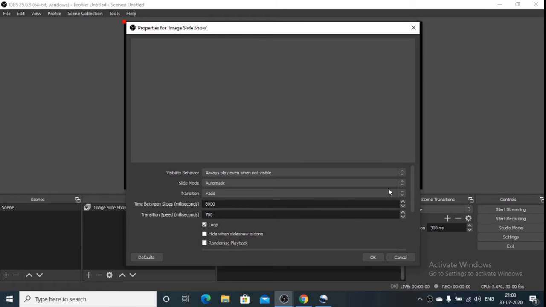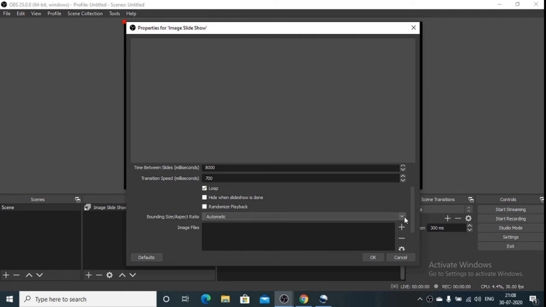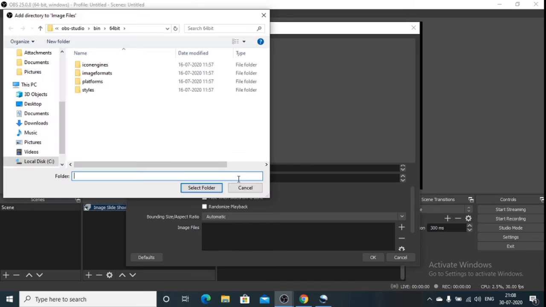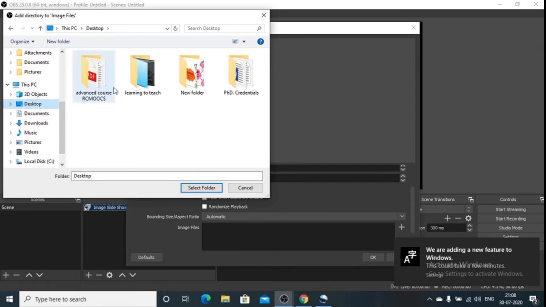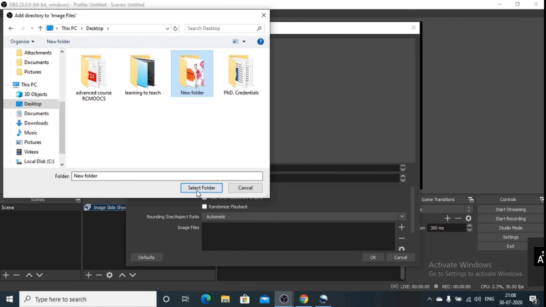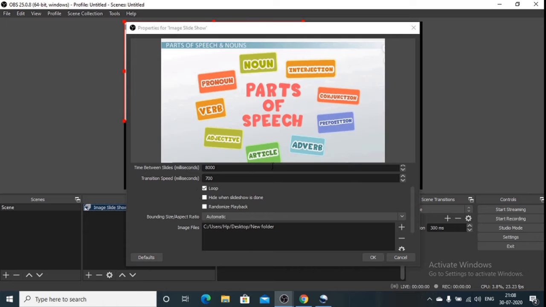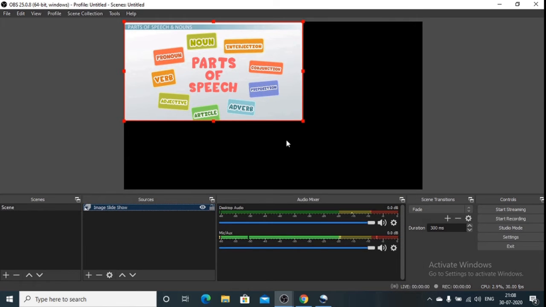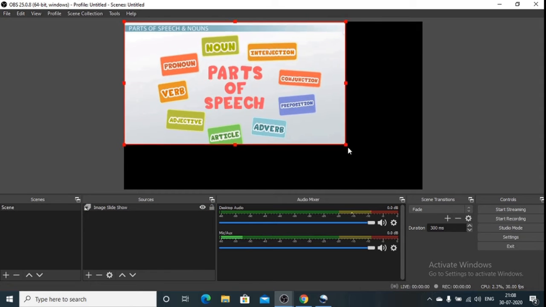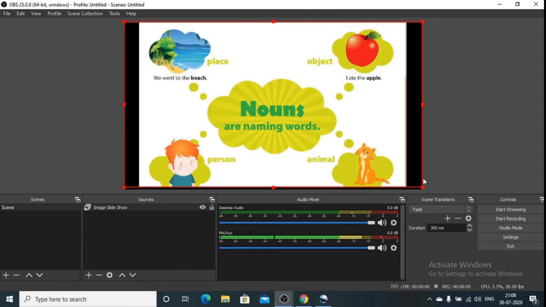Okay, here just scroll down, click on this plus button, add directory, go to desktop. I have one folder, this is new folder, select here. Okay, now your folder has been selected here.